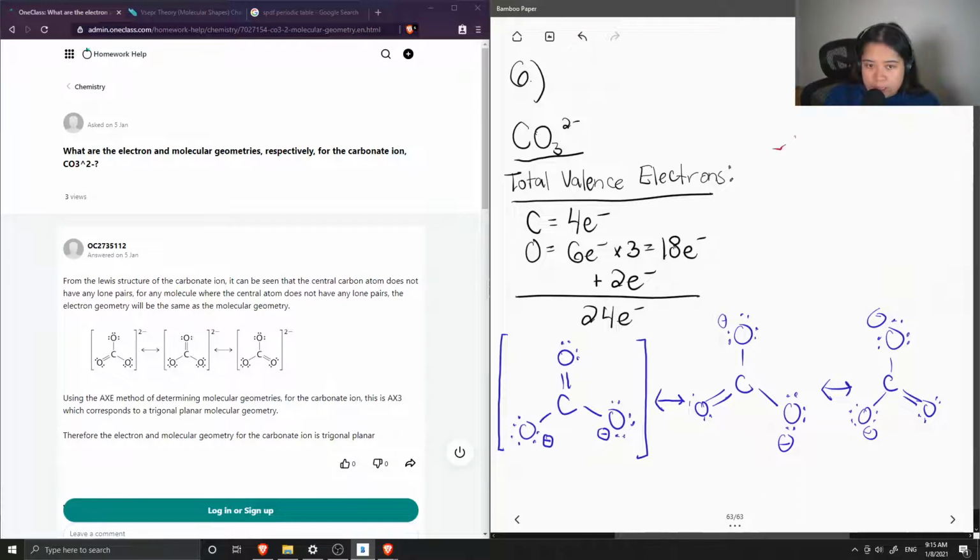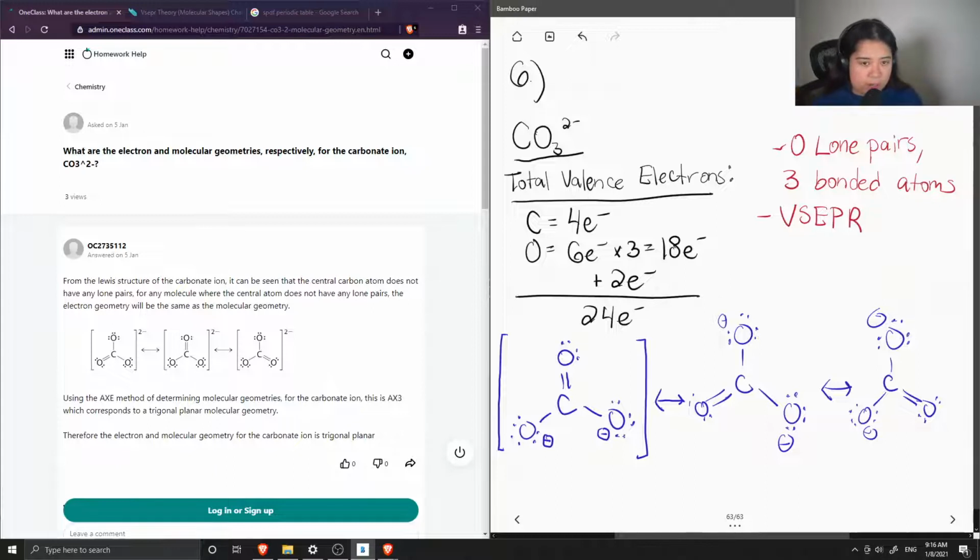So carbon has 0 lone pairs, and it also has 3 bonded atoms. So all those 3 oxygens. So at this point, we would use the VSEPR table to help us